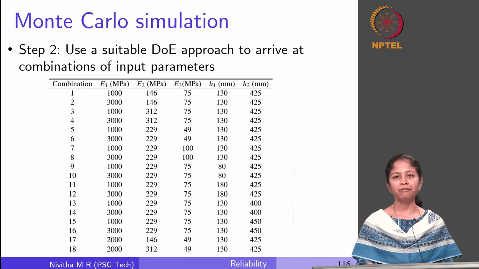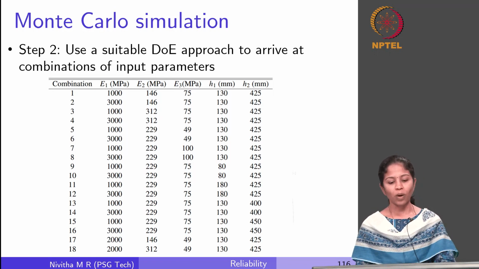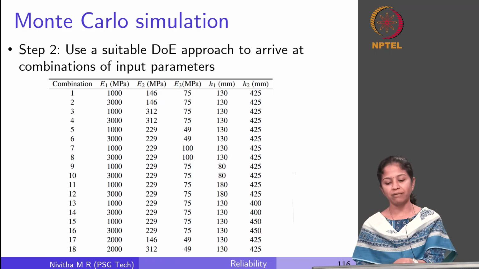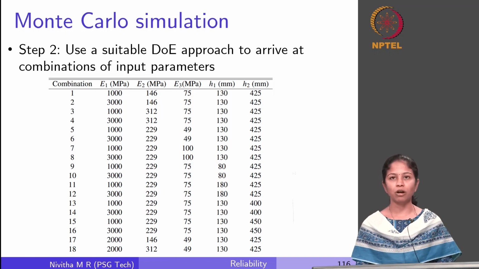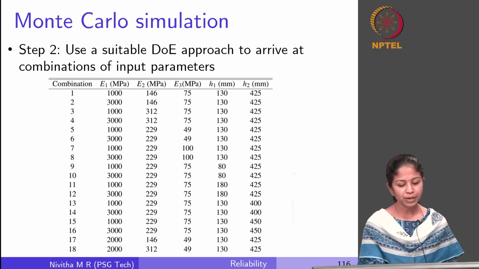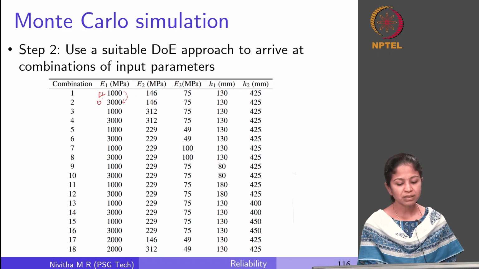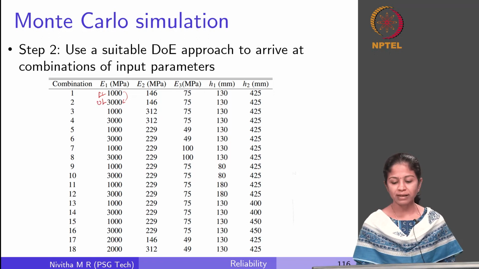So for all the 5 factors which we had given here, one value of all the 5 are used here, and this is my first combination. In my second combination you can see this is moved to the upper level. So this is lower level of factor 1, this is upper level of factor 1, all the others are kept constant, right. Then I move on to the combination 3, wherein again this is kept at the lower level, but